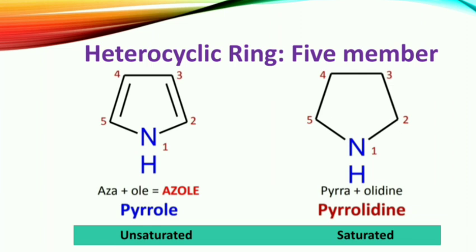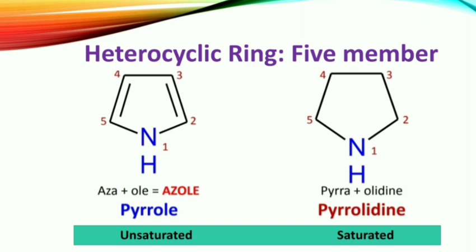In this saturated compound, both structures are the same, but in this structure we do not have the double bond. First identify the heteroatom in the structure. This heteroatom is nitrogen. Then give the numbering from the heteroatom. You can give the numbering in any direction. So we have given the numbers 1, 2, 3, 4, 5 for the structure, and the prefix for nitrogen you can use is pyrr.